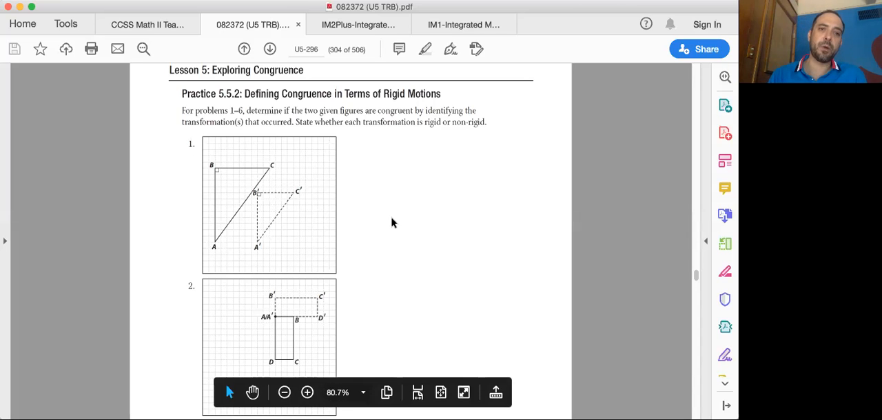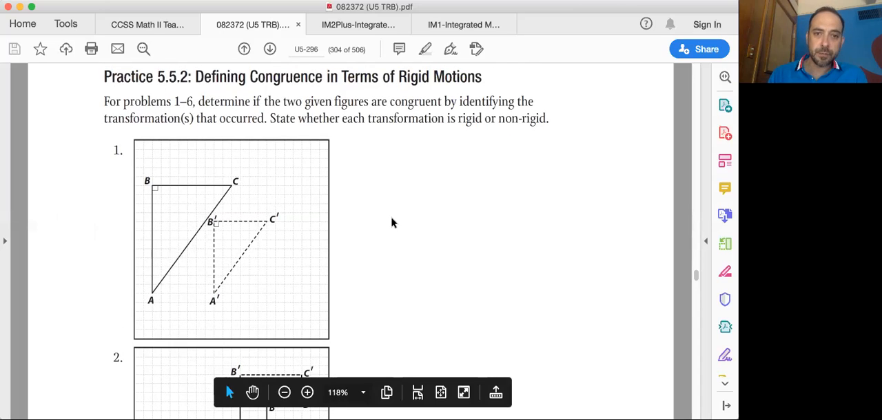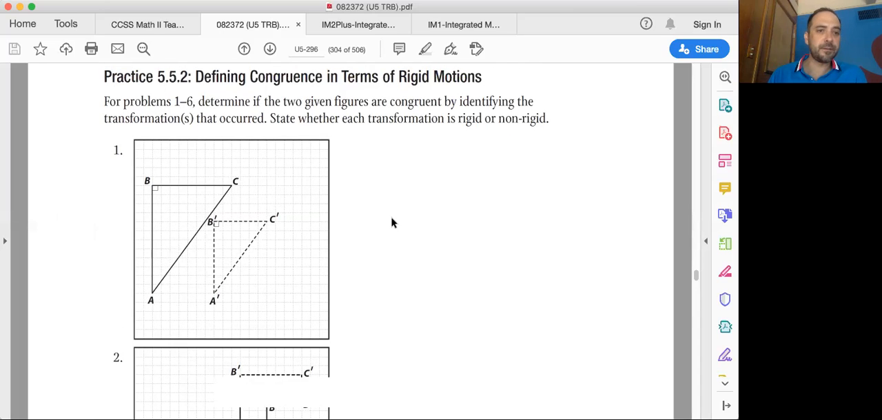But if I look here at number 1, for problems 1 through 6, determine if the two given figures are congruent by identifying the transformation that occurred. Okay, so state whether this transformation is rigid or non-rigid. So we have to first figure out what kind of transformation it is. Remember that the transformations we have are